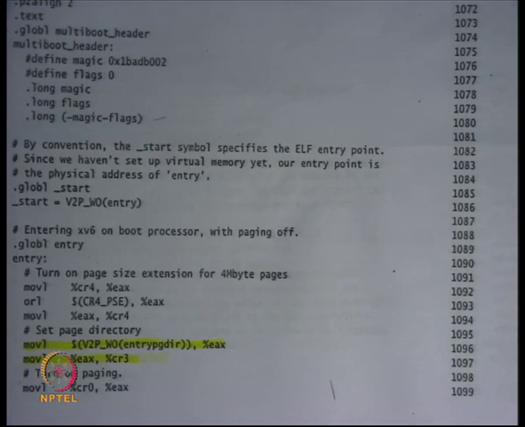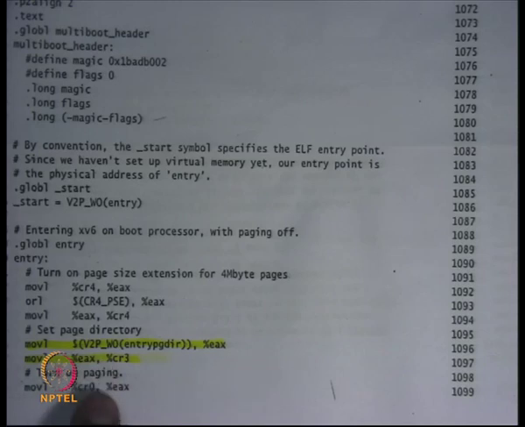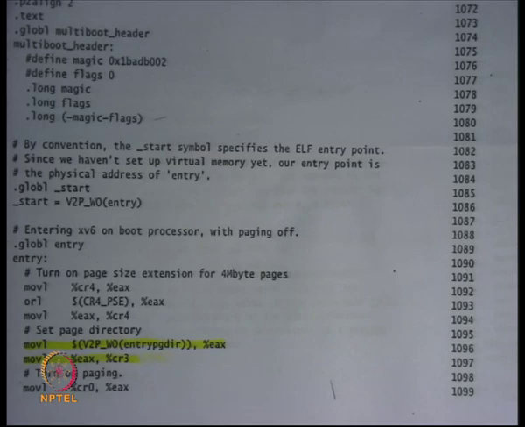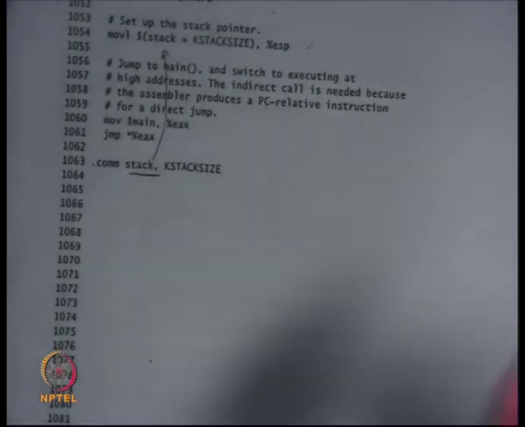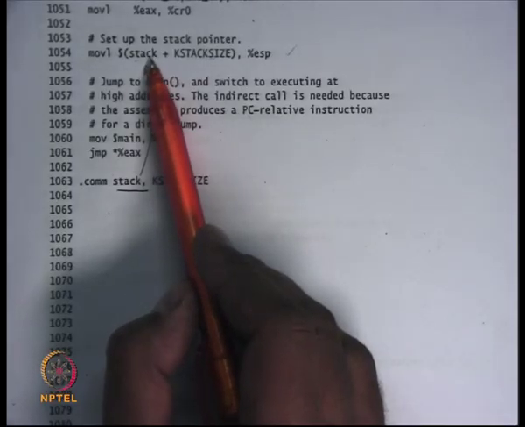So this piece of code in entry.S is very carefully written. There is some amount of tricks involved in this kind of code, and these tricks you can only see if you are actually looking at some kind of real code, right? If you find this interesting, you should probably go and single step and see exactly what's happening. As soon as you turn on paging, what addresses become valid, what remain invalid, what were valid earlier and have become invalid now, what were invalid earlier and have become valid now, etc.